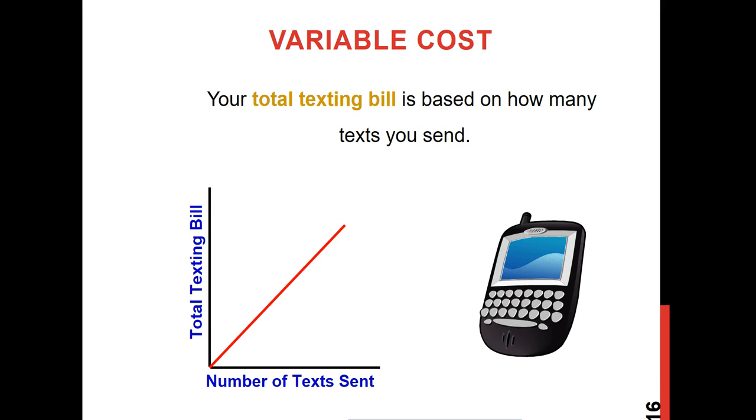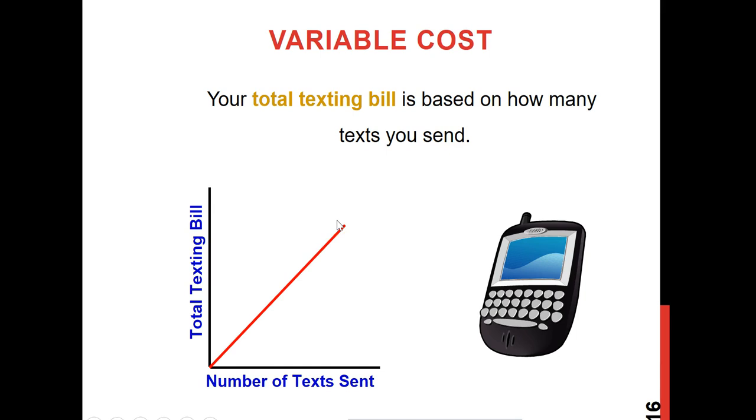When the cell phone texting option came the first time, like 10-15 years back, you had to pay per text. Well, it's now unlimited. You can send thousands, millions of texts. But when I had my cell phone 10-15 years back, I had to pay like 50 cents per text. So this is one example of variable cost. That means if I text more, my number of texts is increasing, then my texting cost or bill will also